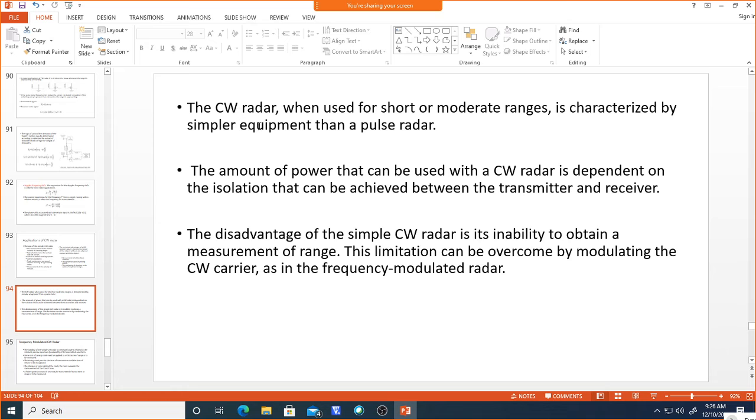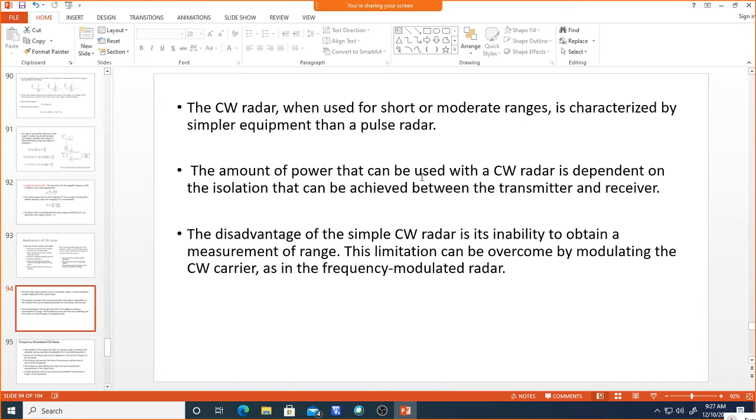Since it is a continuous wave signal and there is no modulation like AM or FM, it will not reach the long range, so the range is limited here. The only possibility is to go on increasing the power of the transmitted signal, and then the range will increase. So one of the disadvantages is that it cannot transmit the signal to larger ranges.